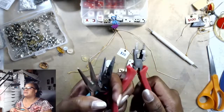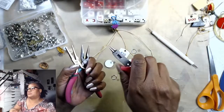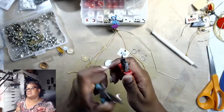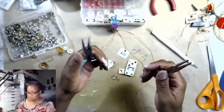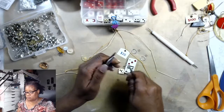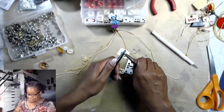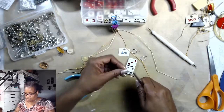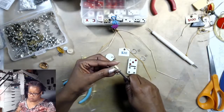These have the little rounded tip, for when you need to make a circle type of thing. I'm not even gonna try to explain. You can use this in this process too, but if you have 2 sets of pliers, it makes it much easier. I definitely could not do this with my fingers. For one thing, the gauge of these jump rings is really heavy. So, and then I'm gonna put a little one on here,